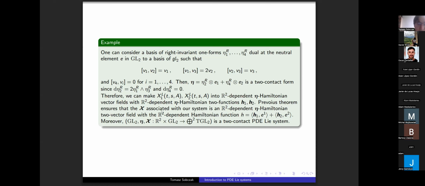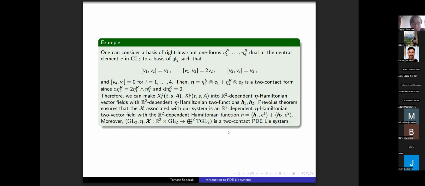And finally, summarizing everything, we have that our manifold, which is GL2, our contact form, which is eta, and our 2 SL or R2 dependent 2 vector field, which describes the domain and the image, is a 2 contact PDE